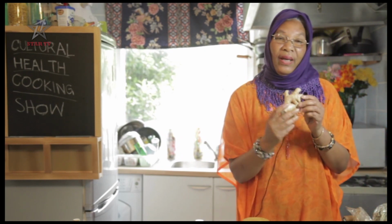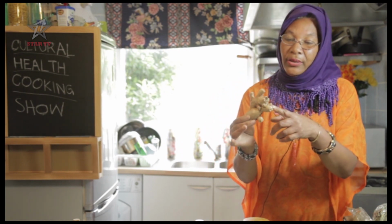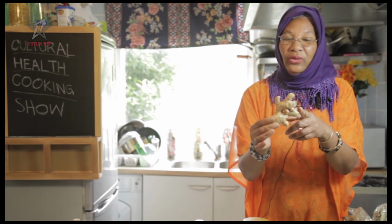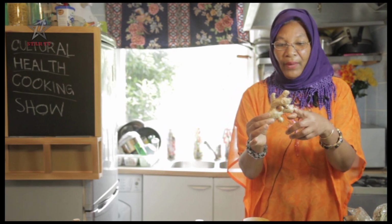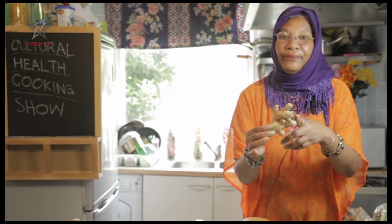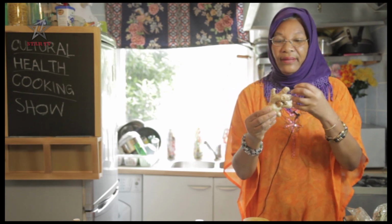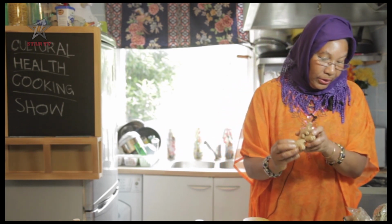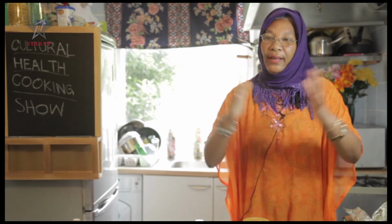Ginger, we didn't talk about fresh ginger. So very important, ginger. It's good for gas, or we call it wind, yes? It's also good for protecting the liver from alcohol, if you juice it and drink it. And it's also good for pain and many other things, and it keeps the body warm. It really is a powerful herb to use, yeah? So there are many things, lemongrass and different things you can use, and we will take you a bit more